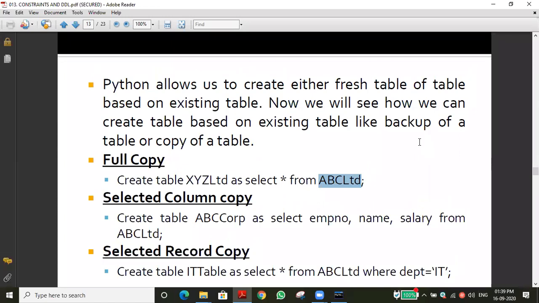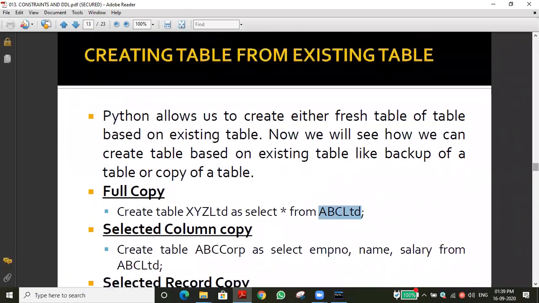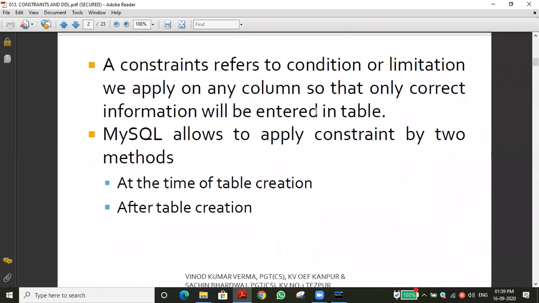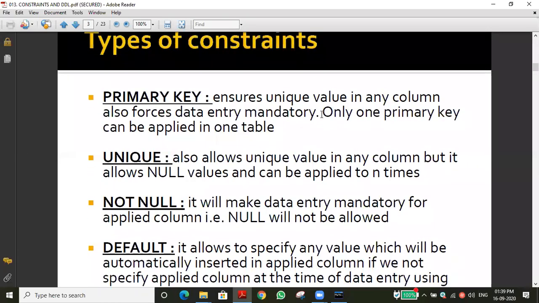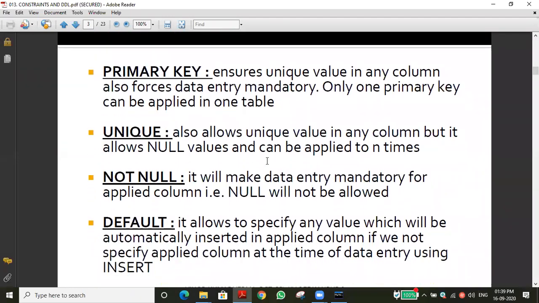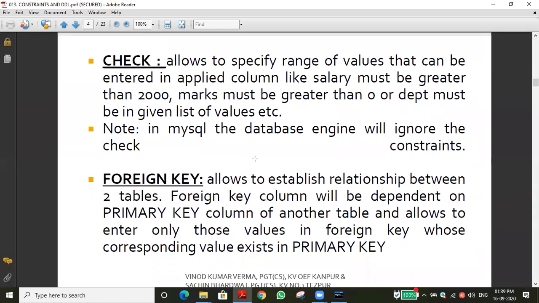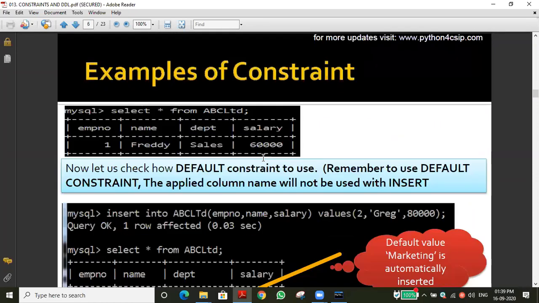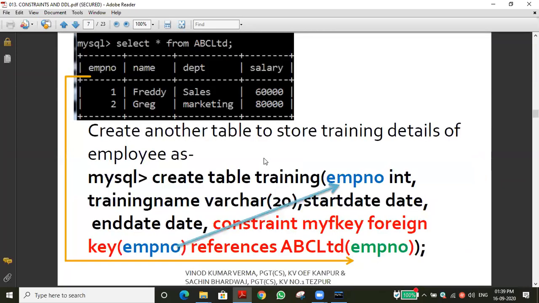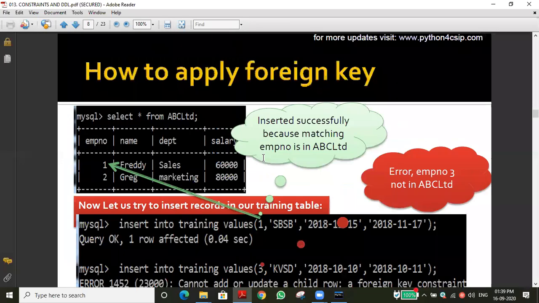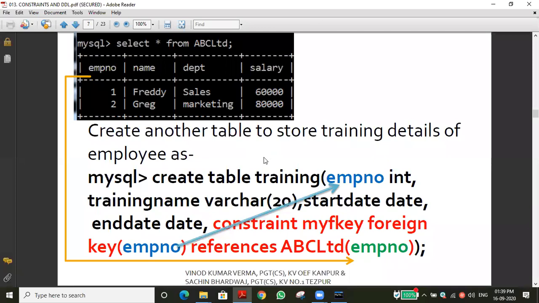Okay, I will just show the content from the starting onwards. We discussed all the constraints, six types of constraint: primary key, unique, not null, default, check, and finally foreign key. You know how to apply these constraints and how to remove them, that also we have seen. Next we saw examples of how to set the primary key, and now the foreign key concepts. Same way we can give the constraint name also.